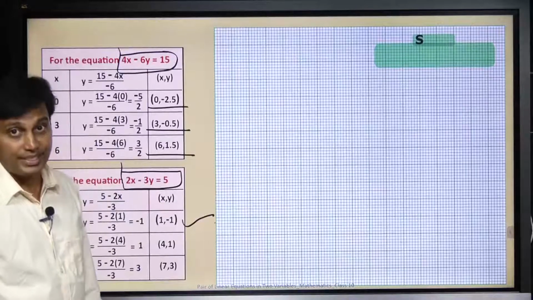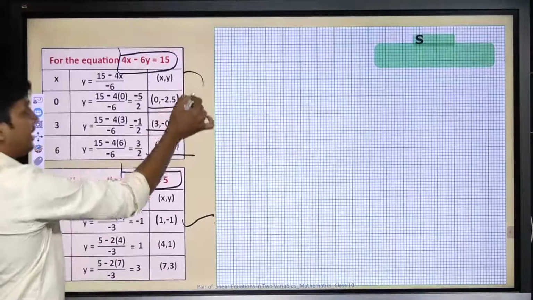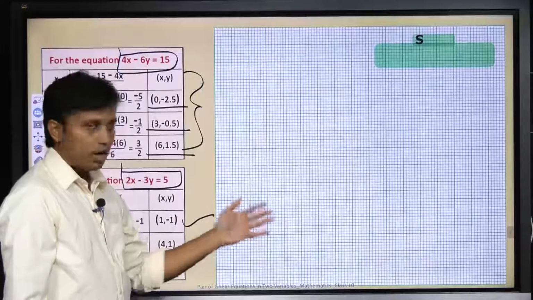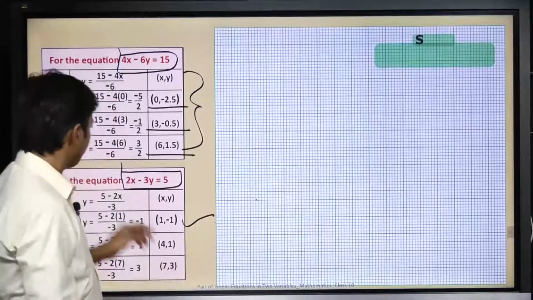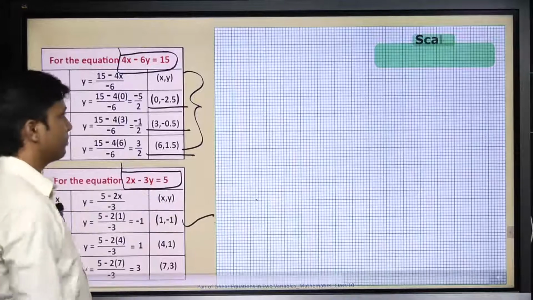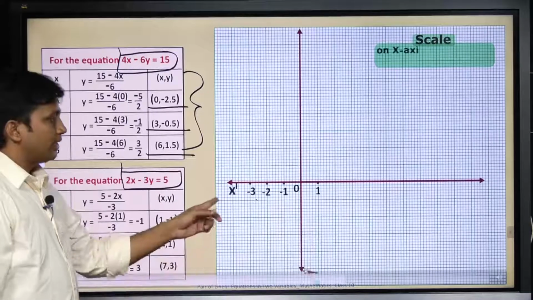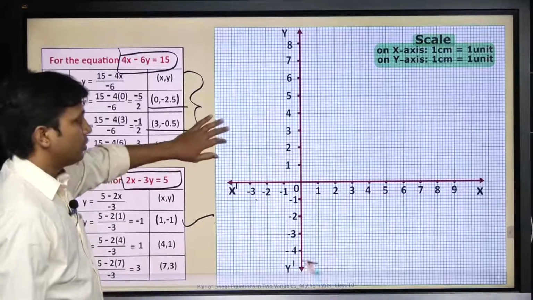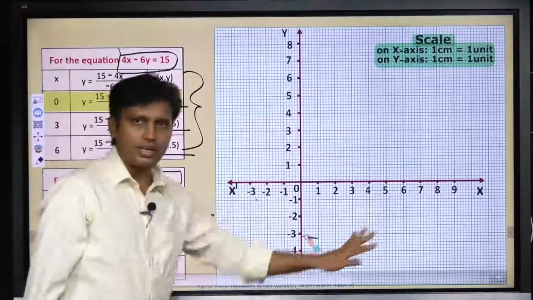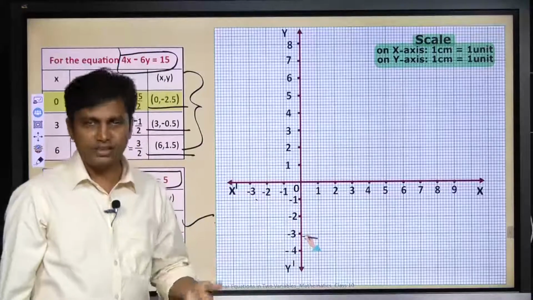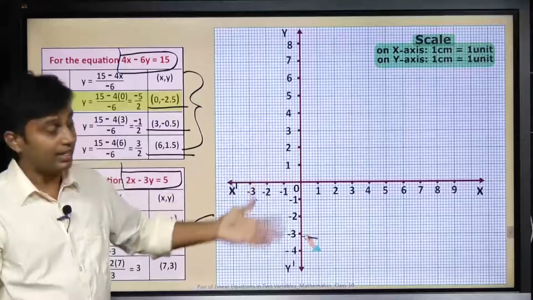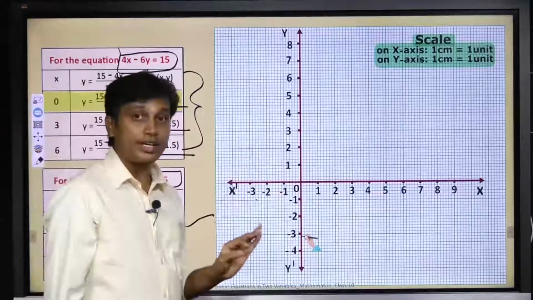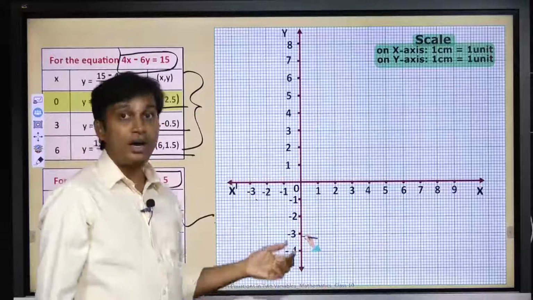Such ordered pairs we have to plot on the graph. First of all, we have to represent the ordered pairs related to the first equation on the graph. So again we took a graph. Now this is considered to be a normal plane. After plotting, these are coordinate axes, as you know before. This is called a coordinate plane. In the basics of this lesson, it is obviously explained. After plotting these two coordinate axes, the plane is called a coordinate plane or Cartesian plane.